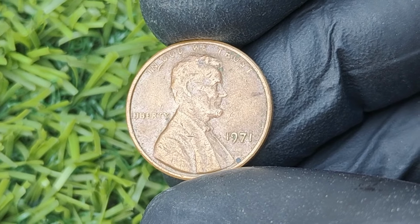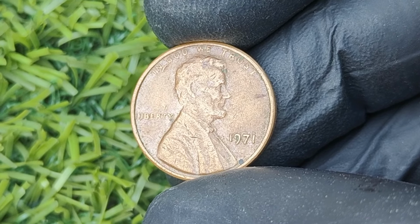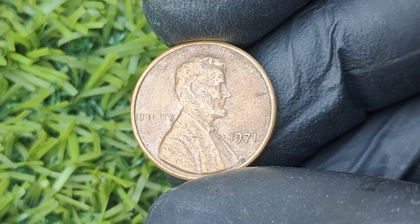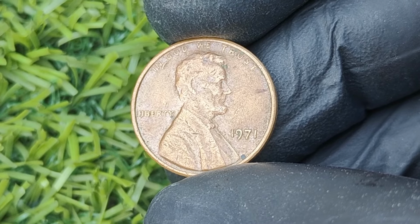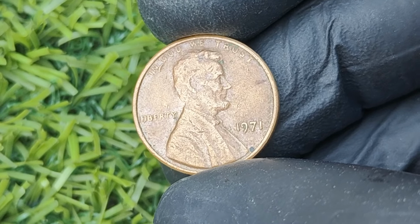Imagine this. You're cleaning out a drawer, thumbing through old coins, and suddenly, there it is. A dull brown penny. You almost toss it aside, but that tiny coin could be worth $384,000 right now. Yes. 1 cent, nearly $500,000, and here's the wild part: thousands of these 1971 no-mint mark Lincoln Memorial pennies are